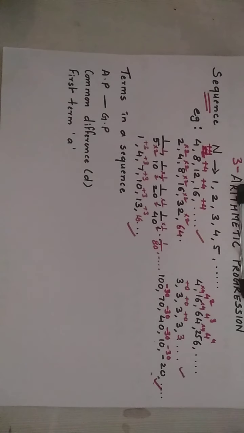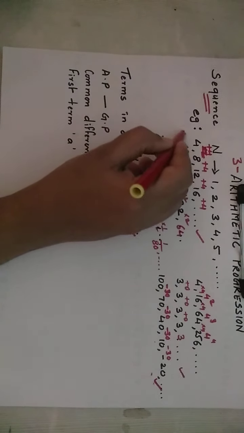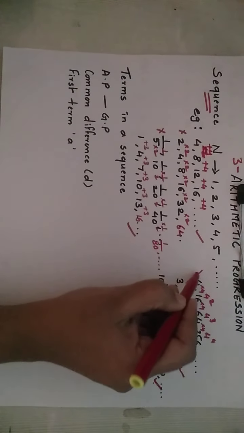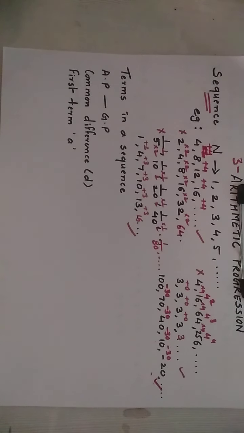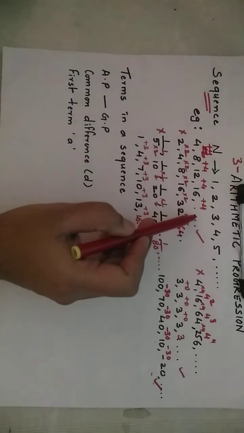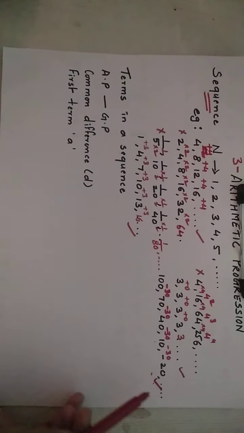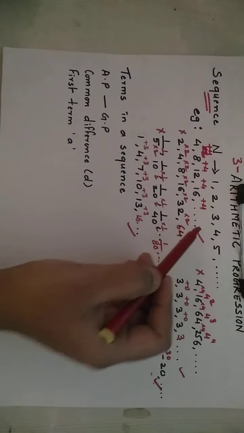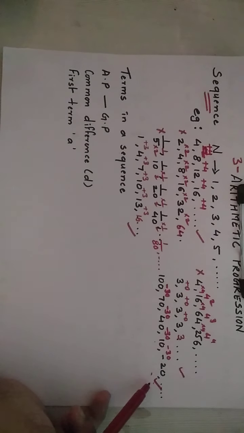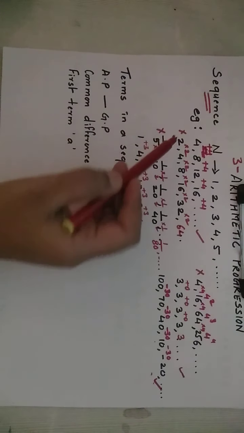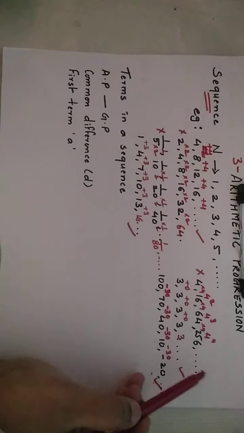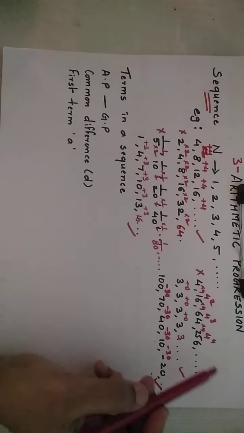a number to get the next number, and then we have 3 examples over here where we are multiplying a number to get the next number. Multiplying. Again, I am repeating, children. Example number 1, example number 4, example number 6, and example number 7, you are adding or subtracting a common number to get the next number. Whereas example number 2, example number 3, and example number 5, you are multiplying a number to get the next